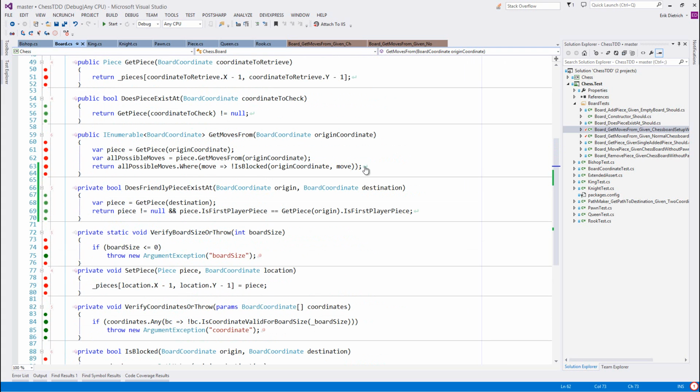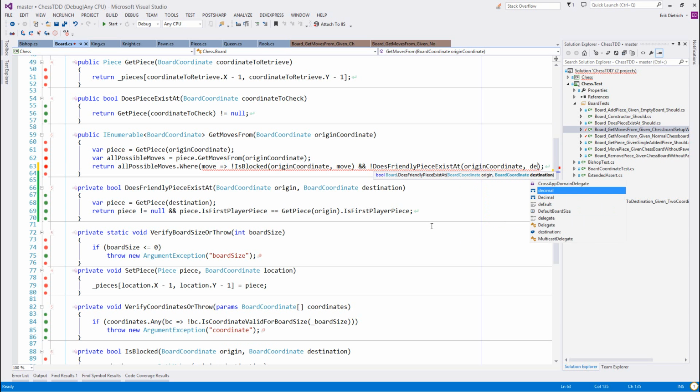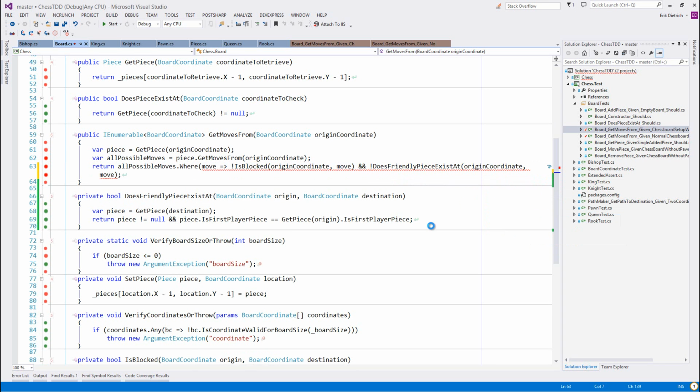I think I need it in both places. isBlocked will determine if at any point along the path I'm hitting a friendly piece, but because isBlocked was only getting the moves up to your destination, not your actual destination, I also have to make sure that we're accounting for the last move, and that makes everything go